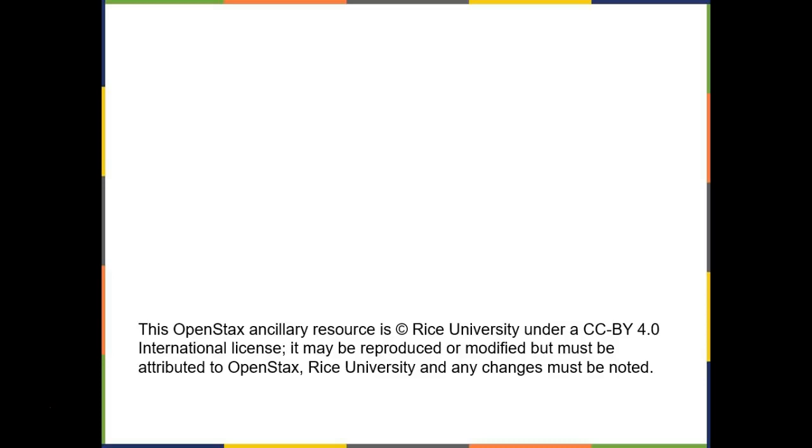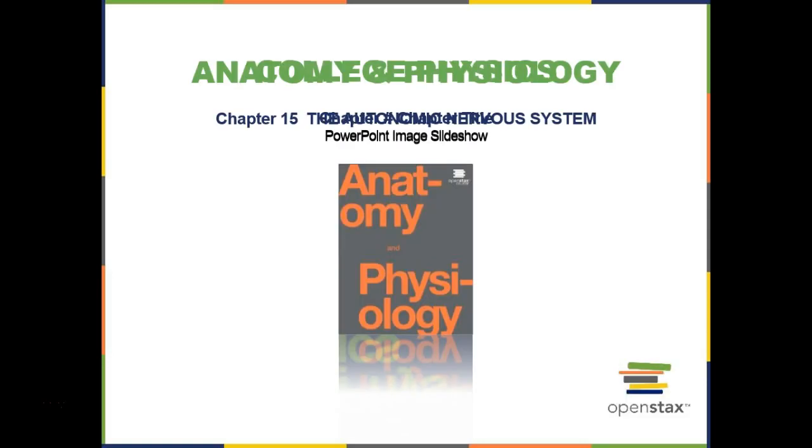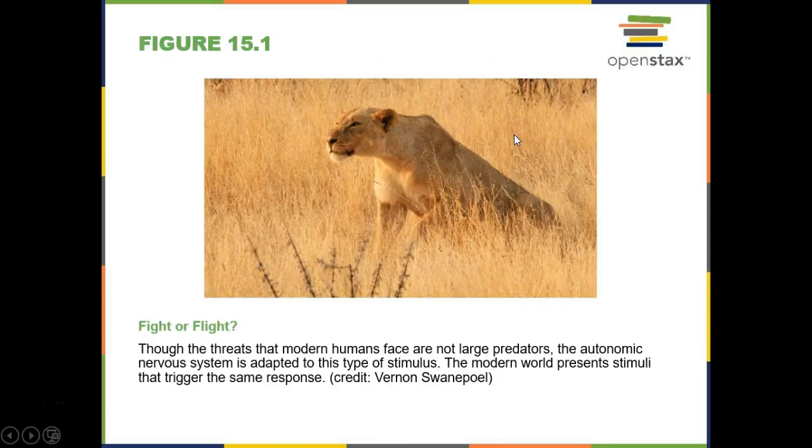So this is the end of this chapter, but I only have a few slides in chapter 15 that I'm going to go over. So I'm going to jump right into chapter 15, okay? Chapter 15 is the autonomic nervous system, though you can't really read it here because it looks kind of funny. So I'll turn it to this slide.